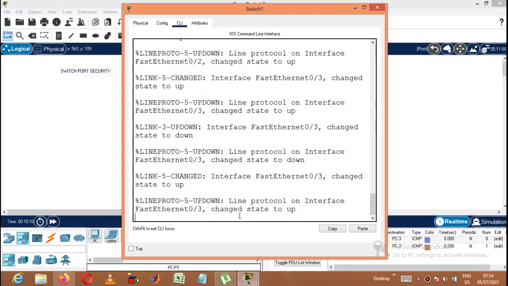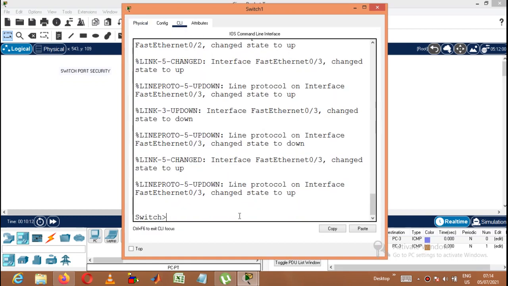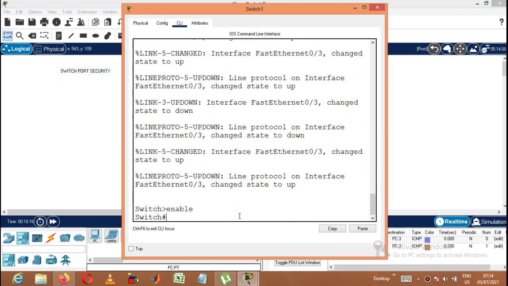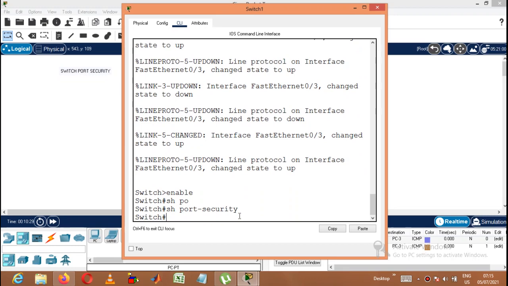In CLI mode, we are going to configure the switch. First, let us go to enable mode. Enable. Now let's see whether security is enabled. Show port security. No, there is no port security enabled.